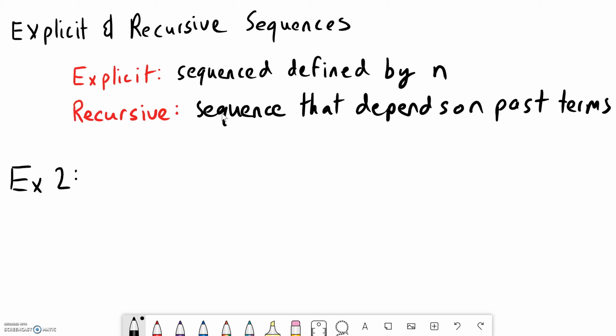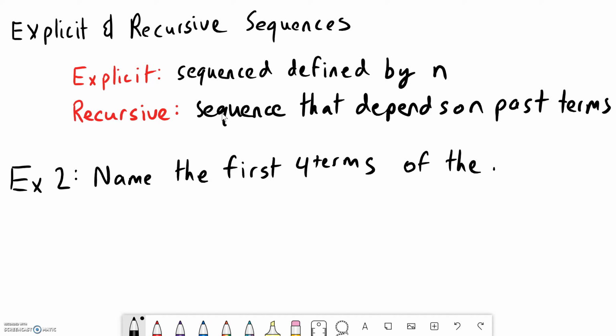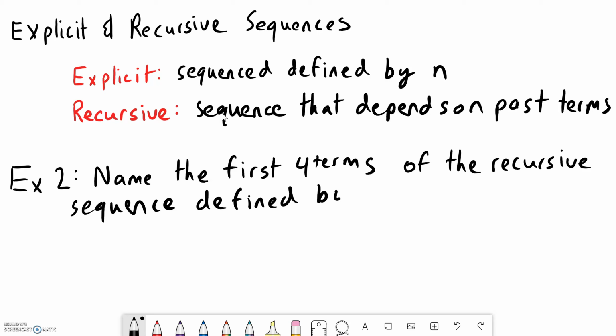So I'll say name the first 4 terms of the recursive sequence defined by